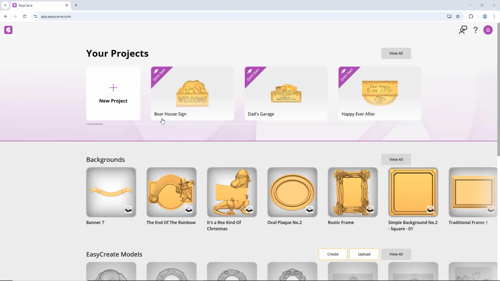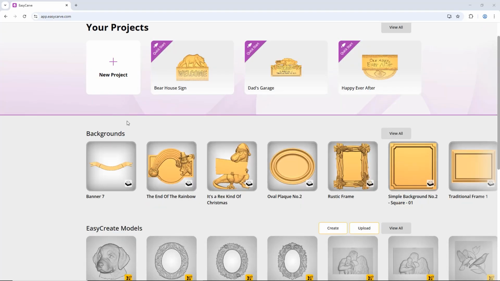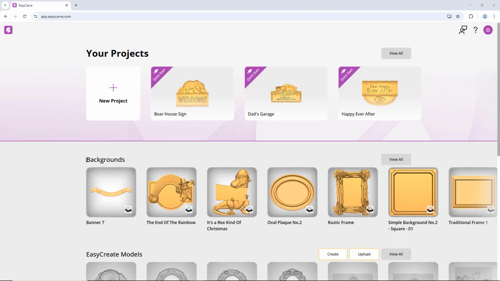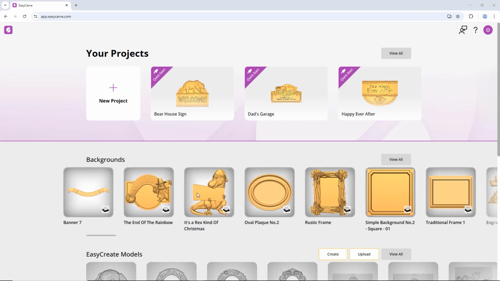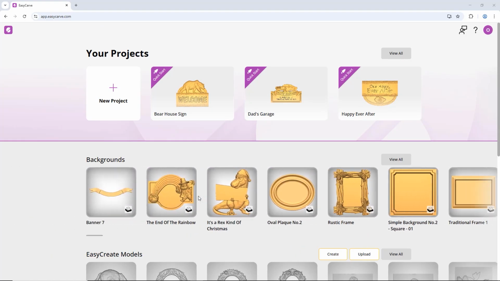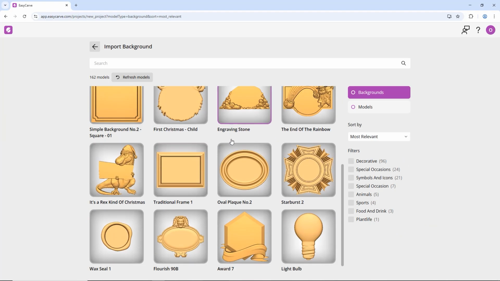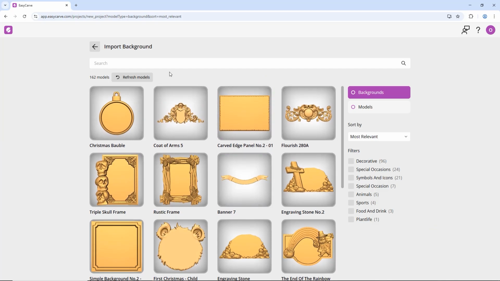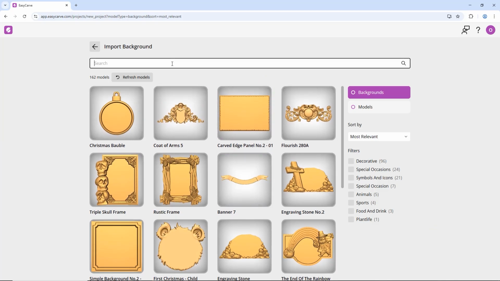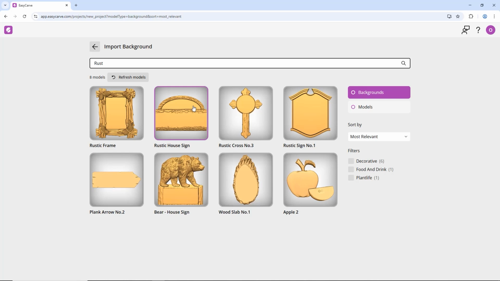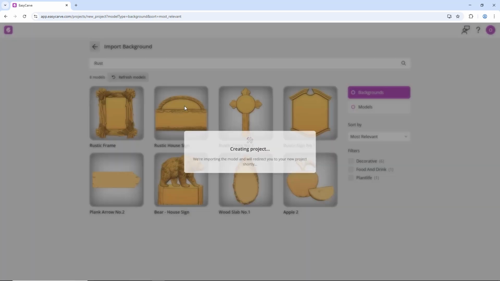In this tutorial video, we're going to go through using backgrounds in Carve. Now you can see here that we have some backgrounds listed here that we can scroll through on the home page, but we can also select the View All option here, which will then list all of the backgrounds available to us. So for this tutorial video, I want to use the rustic house sign as the background example we are going to use. So I'm going to select this,